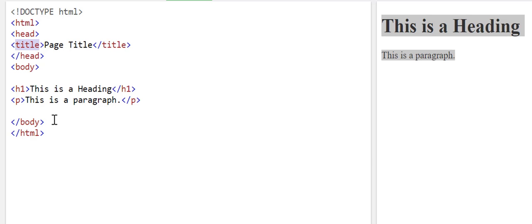So the question is where to add a JS file reference. So first thing, there are two ways of writing JavaScript code in a web page. The first one is adding a script tag. Okay, so I have written the script tag just after the closing body tag,